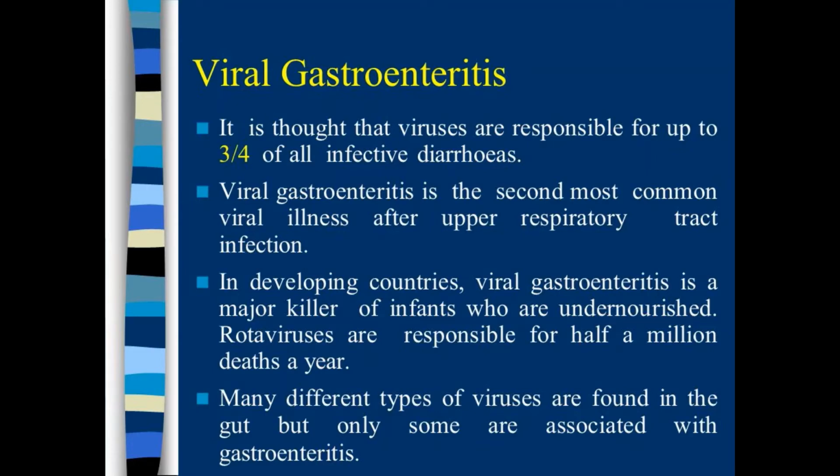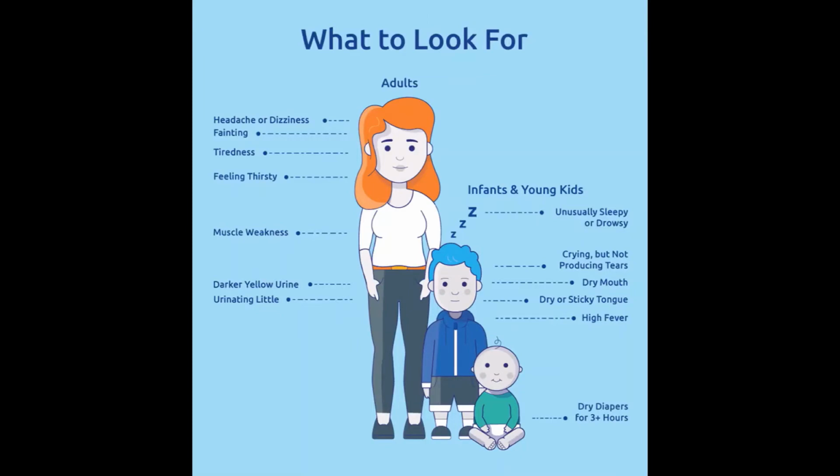Now let me tell you when you should see a doctor. First of all, if you are not able to keep liquids down for 24 hours, you have been vomiting for more than 2 days, you are vomiting blood, or you are dehydrated. The signs of dehydration include excessive thirst, dry mouth, deep yellow urine, or little or absolutely no urine, and severe weakness. You can suffer from dizziness or lightheadedness. So these are the alarming symptoms.